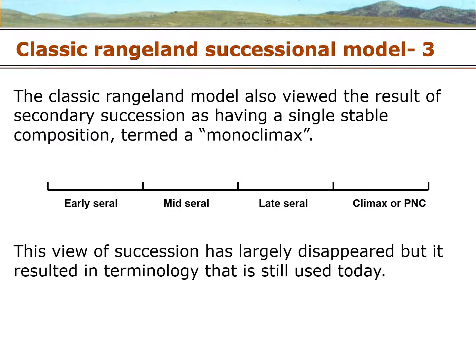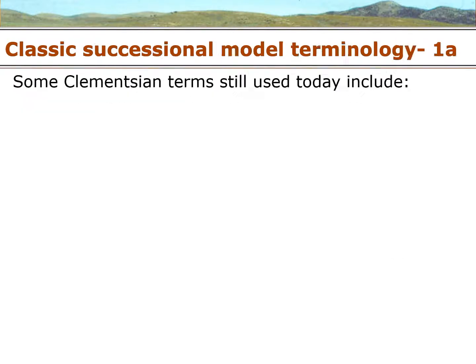This classic rangeland model also viewed the result of secondary succession as having a single stable composition termed a monoclimax. This view of succession has largely disappeared, but it resulted in a large amount of terminology that we are still using today. Some of the Clementsian terms still used today include